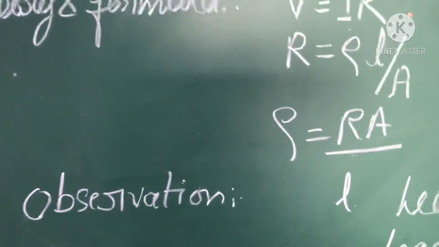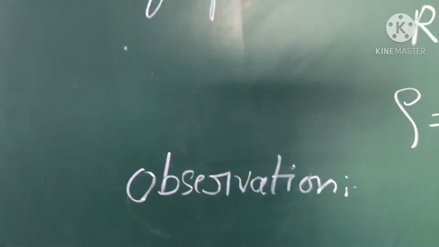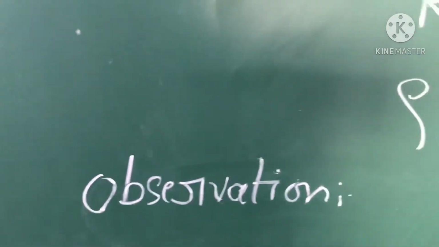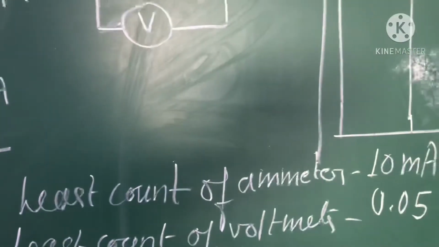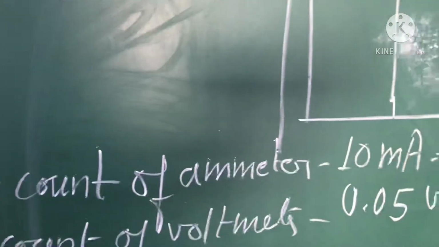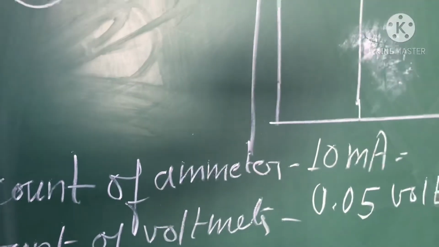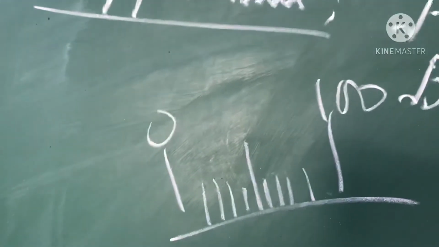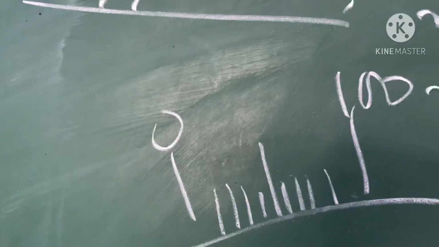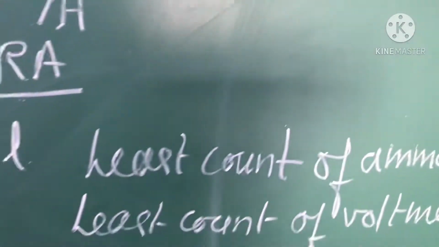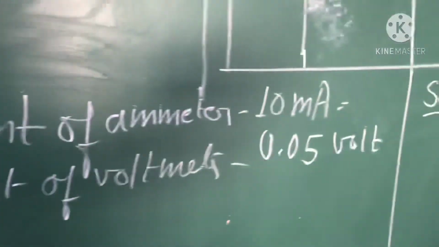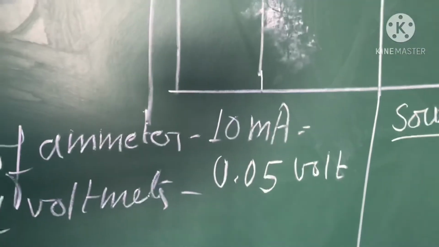Now, observation, you have to take the observation. Least count of ammeter is 10 milliampere. You will find out, because you know in between 0 to 100, as I have written here, 10 divisions are there. So value of one division is 10 milliampere. So least count is 10 milliampere, and least count of voltmeter 0 to